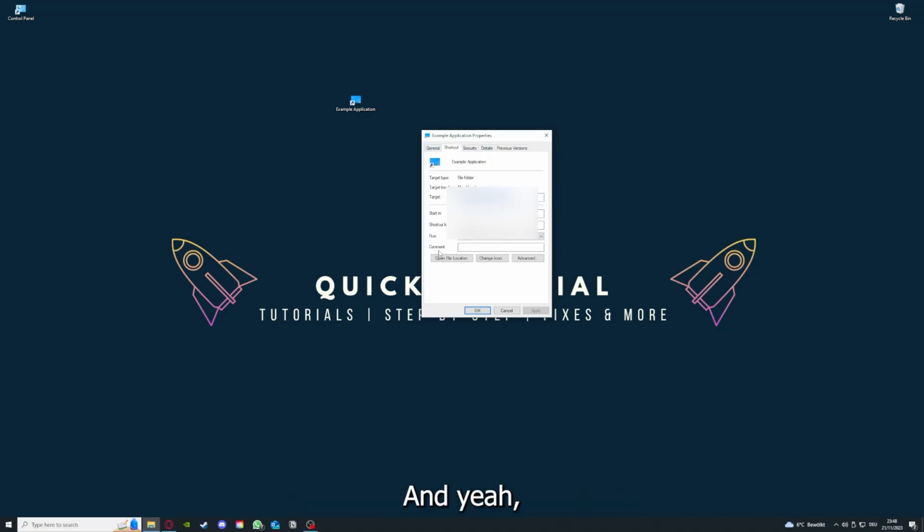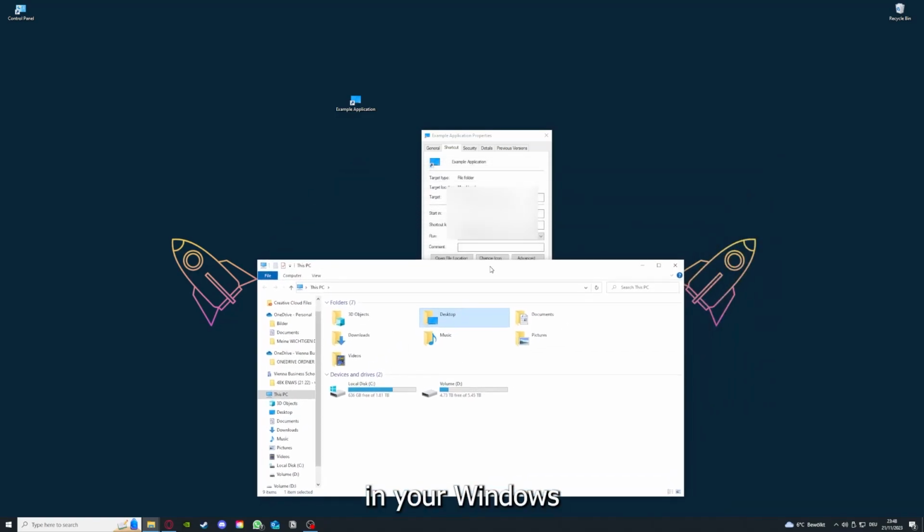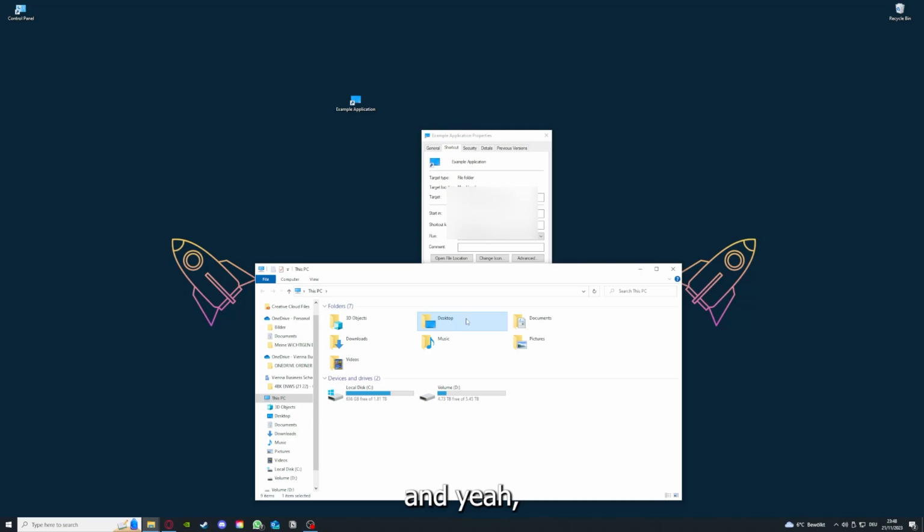And you can also go down here to open file location, where you can find your app in your Windows Explorer. You can clear the cache or the data from your app as well in here, but I'm gonna show you this in another video. I want to refer you to the top right corner, where I've linked a video on how to update an application, any application, a game, and I will also link how to clear a cache or data on your computer